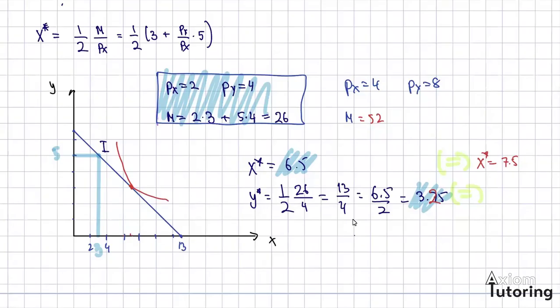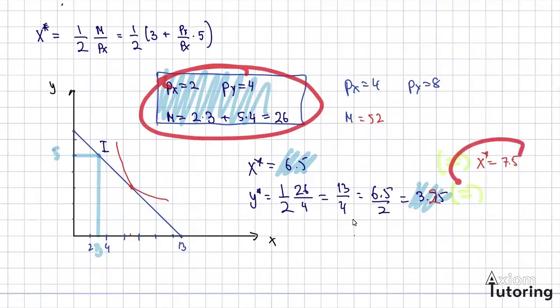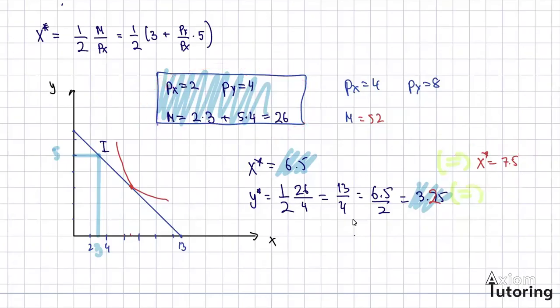You can say, okay, I now know how to work with Cobb-Douglas if you've listened to the previous videos. I want to find out if I find an x of 7.5. And the y, of course, should be the remaining 6.75, right? And of course, if any of those numbers don't match, then you have not come up with an equilibrium price. So these two prices are not part of the equilibrium